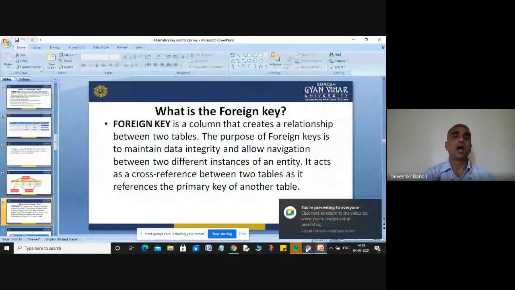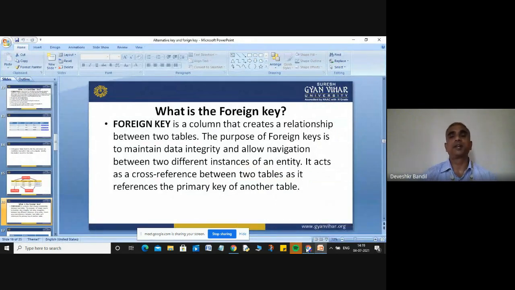And now I will discuss what a foreign key is. A foreign key is a column that creates a relationship between two tables. By means of a foreign key, you can create a relationship between the two tables. The purpose of a foreign key is to maintain data integrity and allow navigation between two different instances of an entity. An entity is a person, place, or thing, like your table is your entity.